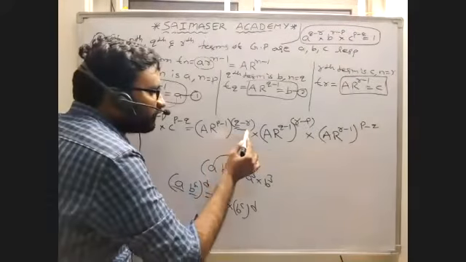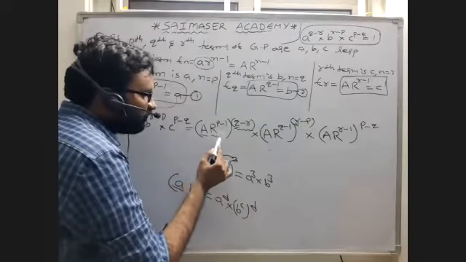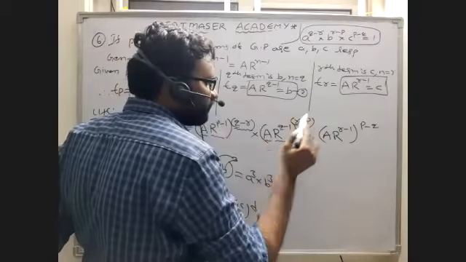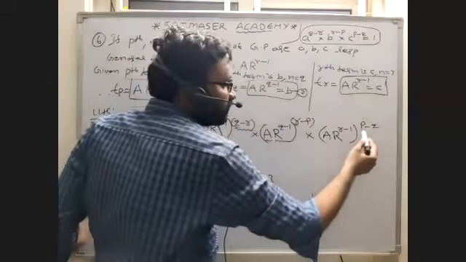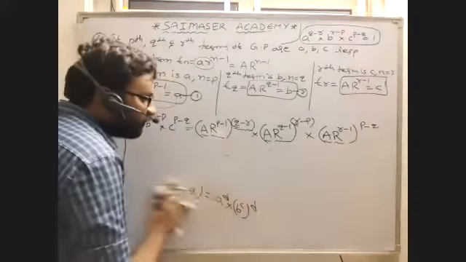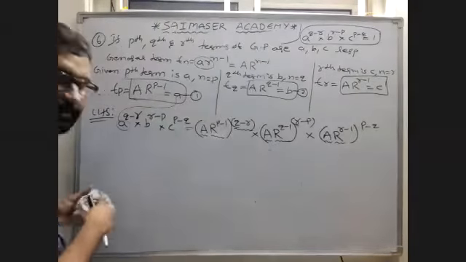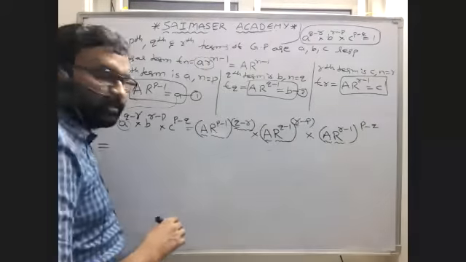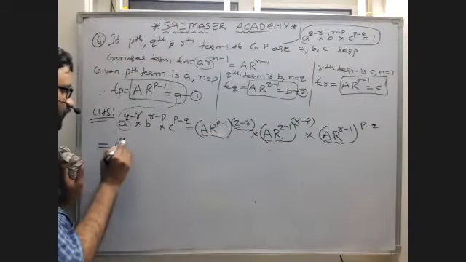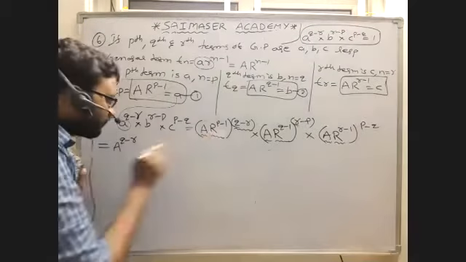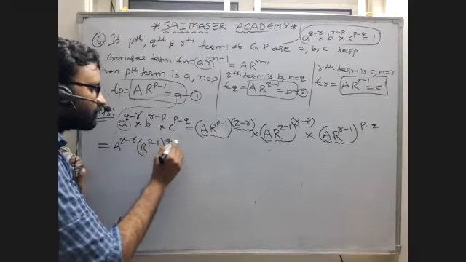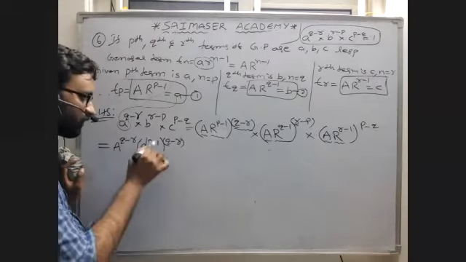See, this (q minus r) is the power of a and of r power (p minus 1). This (r minus p) is the power of a and of r power (q minus 1). This (p minus q) is the power of a and of r power (r minus 1). So we have to apply those powers to the two terms which are in the bracket. That is what I am doing here. Listen carefully. You have to write a power (q minus r), next r power (p minus 1) whole power (q minus r). For this also you have to write the bracket.